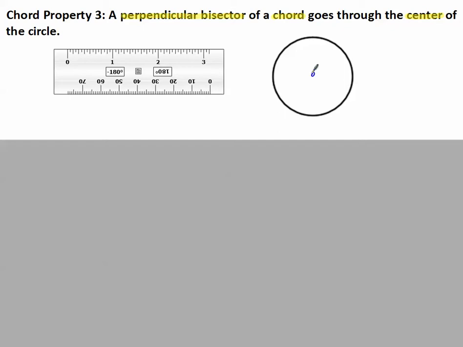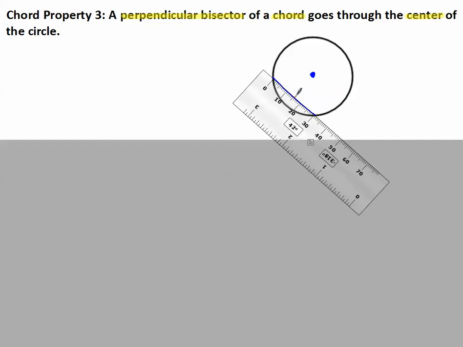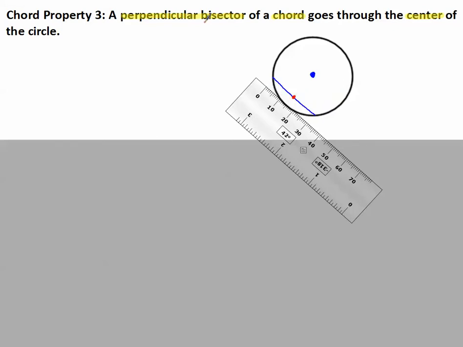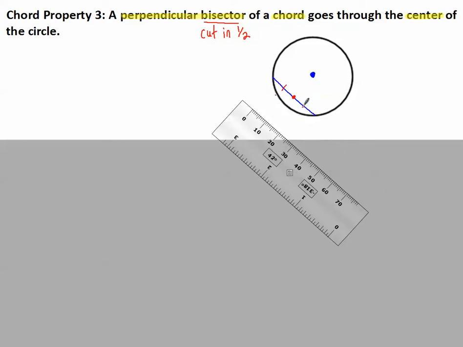So I'm going to draw the center of a circle, and I'm going to draw a chord. And if I bisect that chord, which in my picture would have to be halfway between 0 and 30, which is at 15. So if I bisect it and I put a little mark there at the 15, bisect, cut in half or into two congruent segments. So this segment is congruent to this segment,